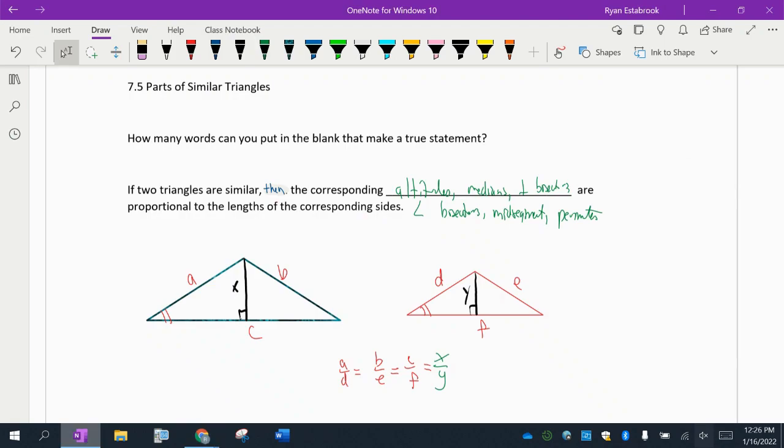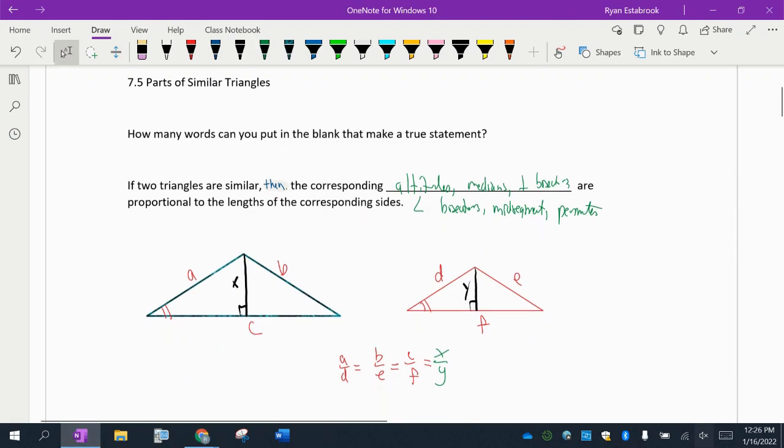All right, this is Honors Geometry, section 7.5 on parts of similar triangles. And the question to begin with is, how many words can you put into this blank that make it a true statement? If two triangles are similar to each other, then their corresponding what are proportional to the lengths of the corresponding sides. So I have these two triangles here, and I'm saying that these two triangles are similar